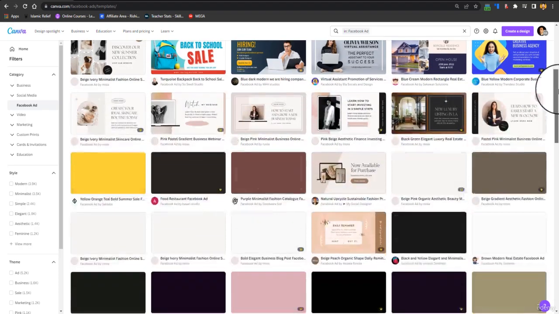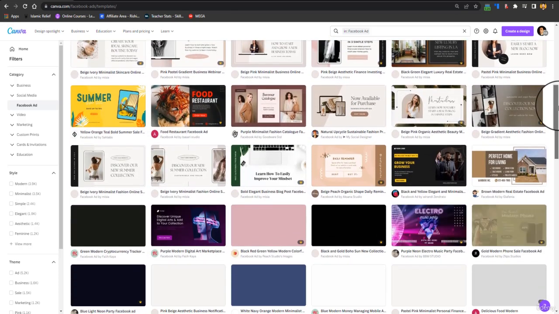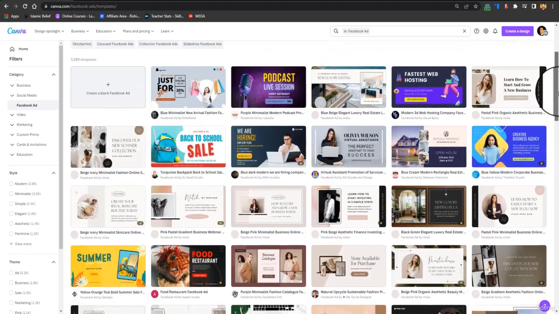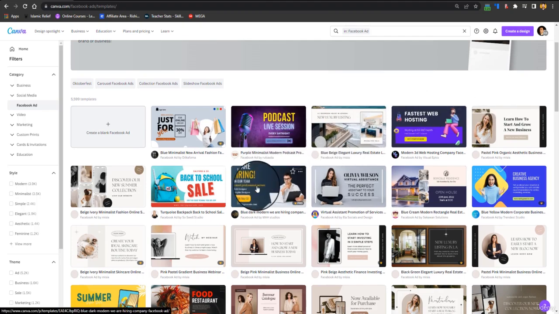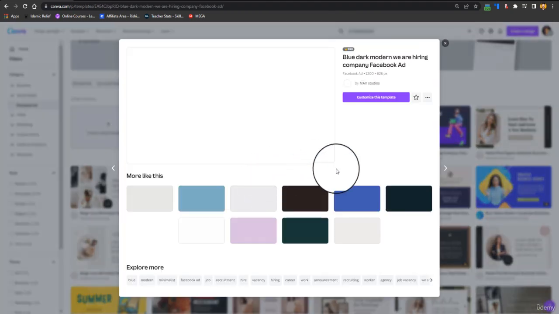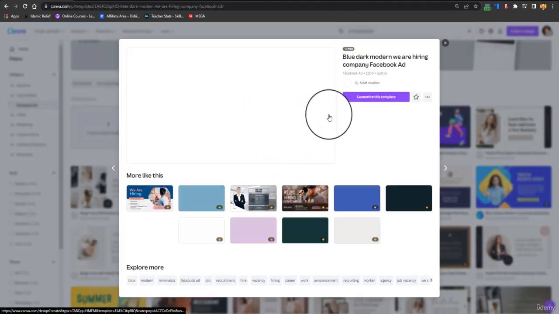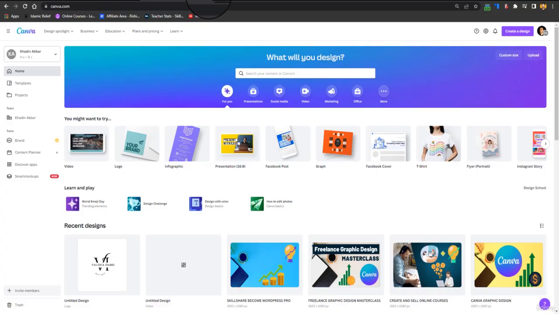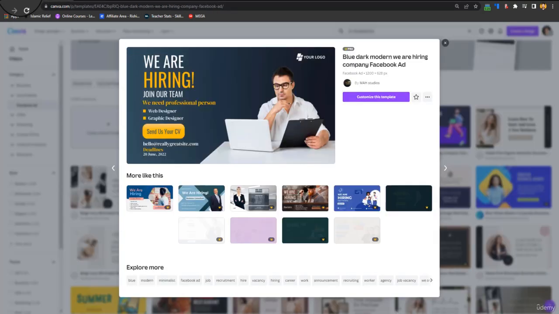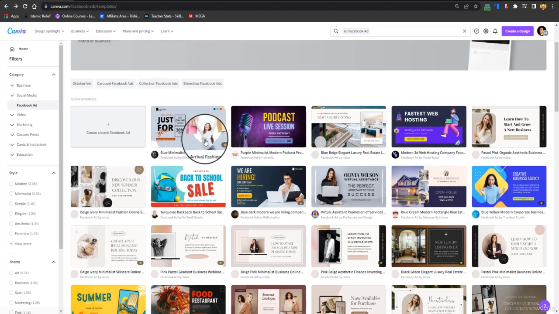So you would have to get a premium version to use these templates. Let's suppose this one. This requires the premium version, and I have the premium version, so I'll click on customize this template and I can customize it. But the basic version cannot use this template.